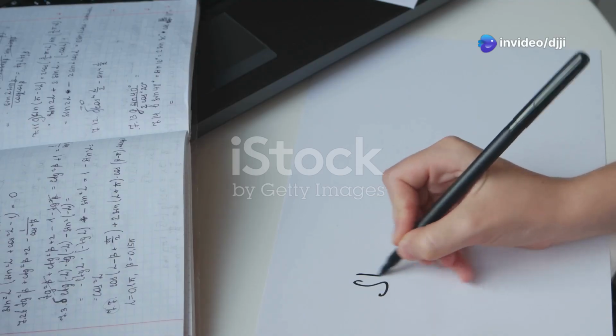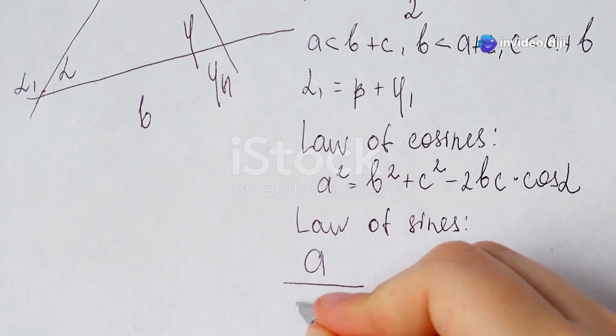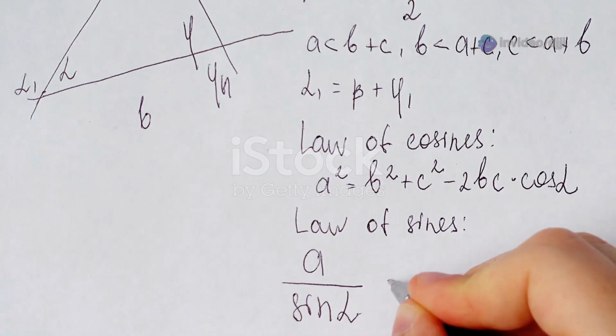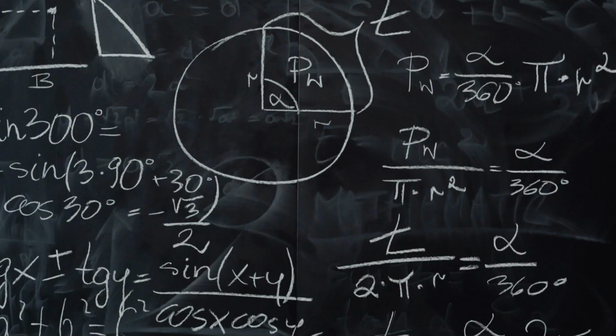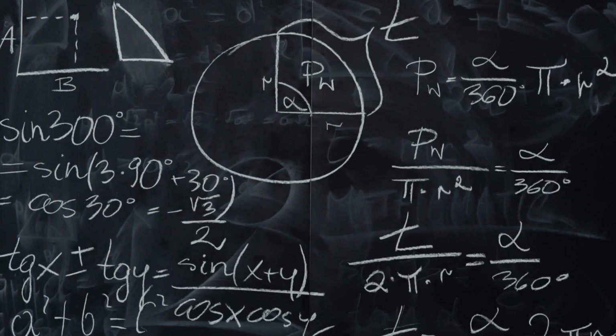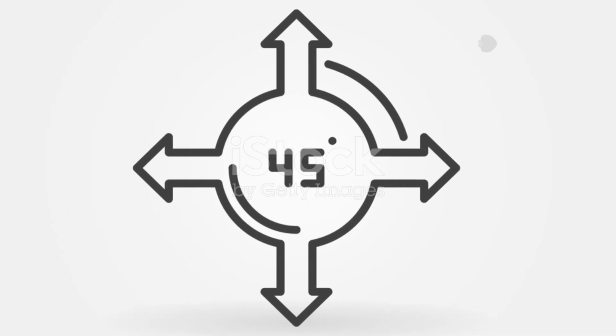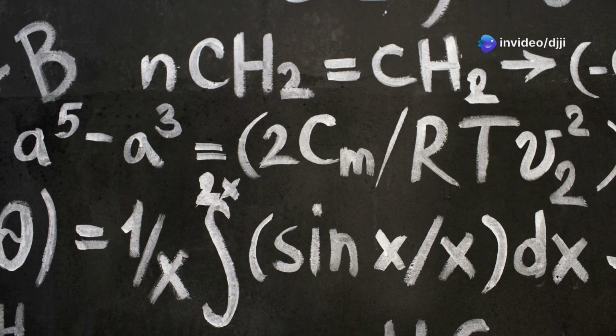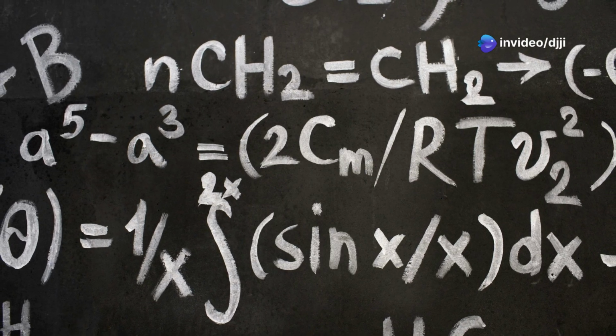Here's a more detailed look. 30 degrees, or pi over 6: sine of pi over 6 equals 1/2, cosine of pi over 6 equals the square root of 3 over 2, tangent of pi over 6 equals 1 over the square root of 3. 45 degrees, or pi over 4: sine of pi over 4 equals the square root of 2 over 2, cosine